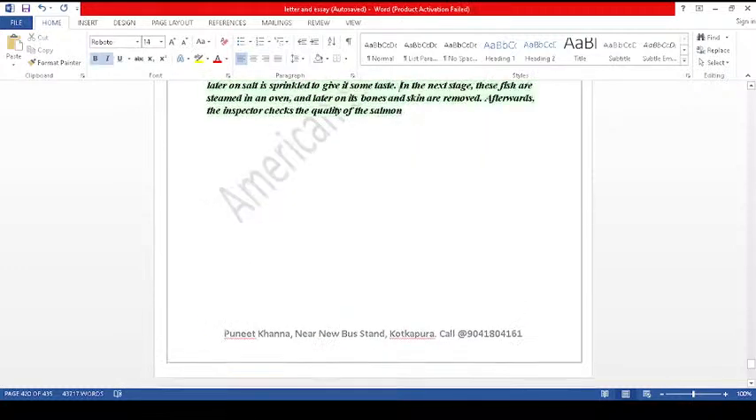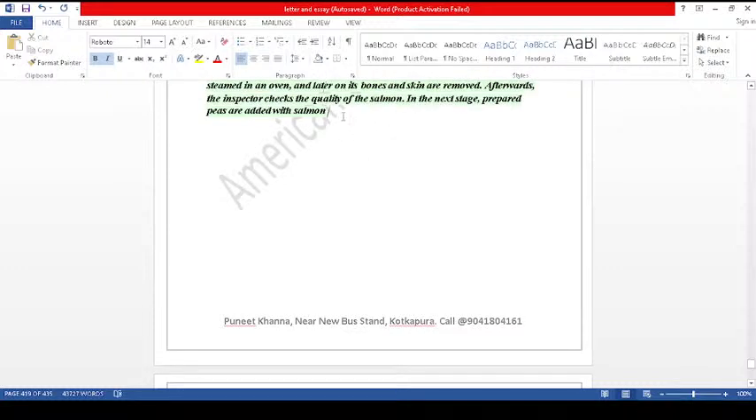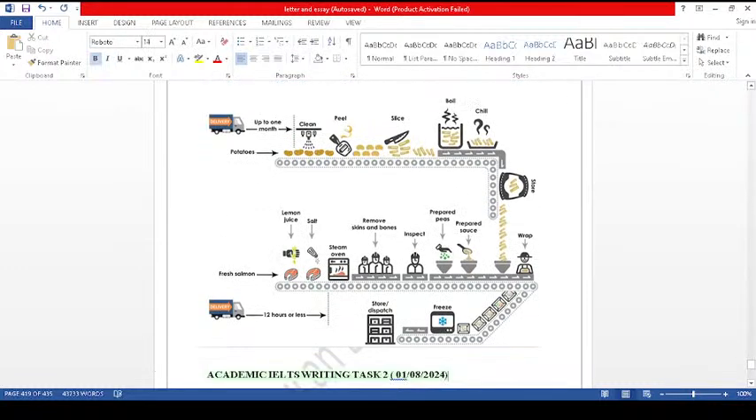Okay, and in the later stage, in the next stage, prepared peas are added with salmon. Okay, prepared peas are added with salmon simultaneously. Prepared sauce is also added. Okay, so prepared sauce is also added, and after all that, finally you can say that